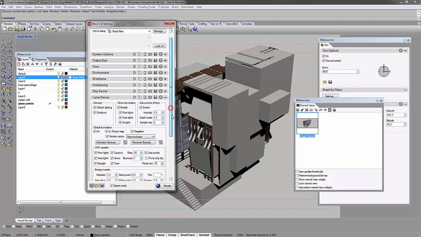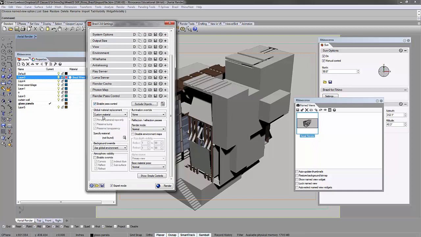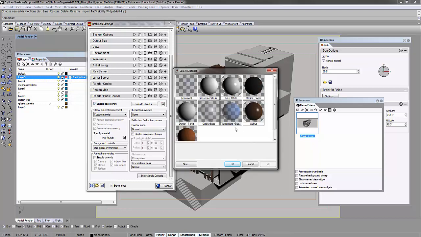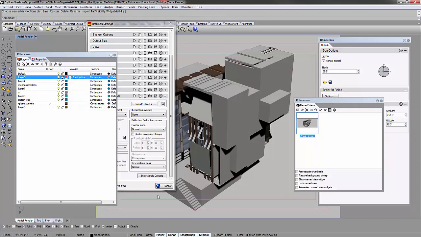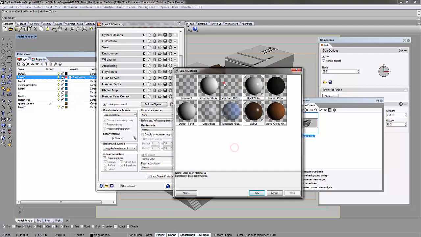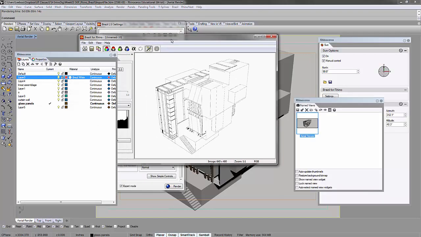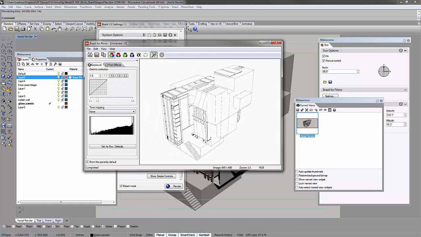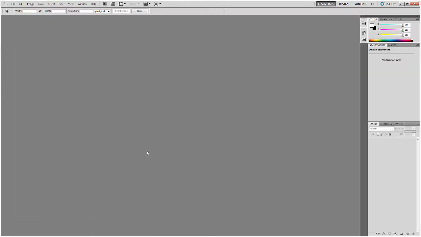And what you would want to do is just come here, go to the bottom, render pass control, enable pass control, and this is essentially the same as before, right? Although, okay, I need to make that toon shader material really quick. Okay, I made a toon material and specified it here, say okay, and render that. Alright, once that's done, I have this line work, right? And with this line work, I'll save it as 001 L, for example, for line work. Save that. Open both of those